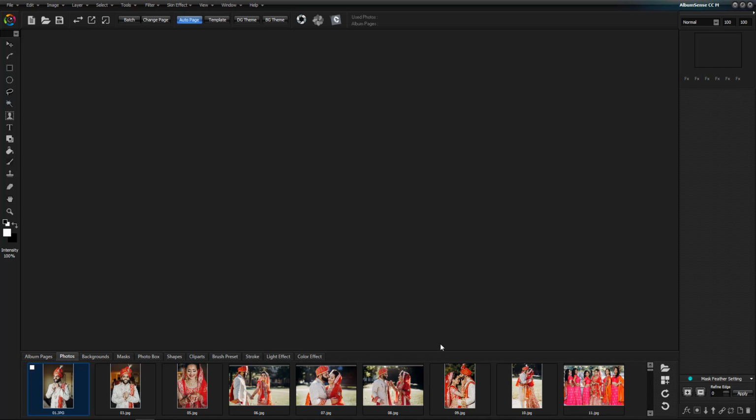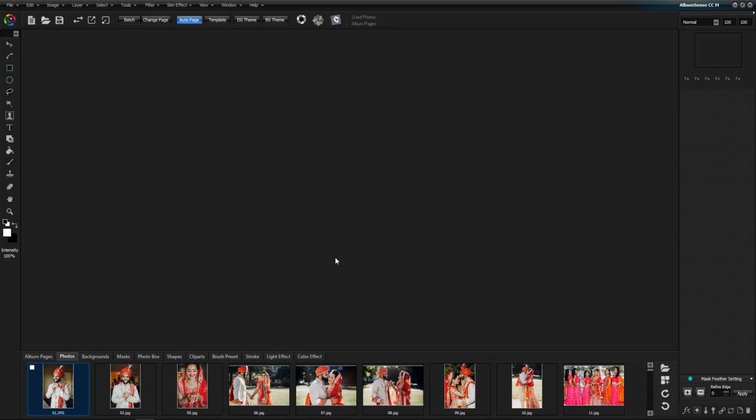This is the bottom gallery of the software. The software is divided into 5 different parts. Left side is the toolbox, bottom is the gallery, right side is the layer window, upper side is the menu bar, and this is the upper ribbon where the sub menus and automatic album designing buttons and another 3 tools, correction room, effect room and cutting room, are there.